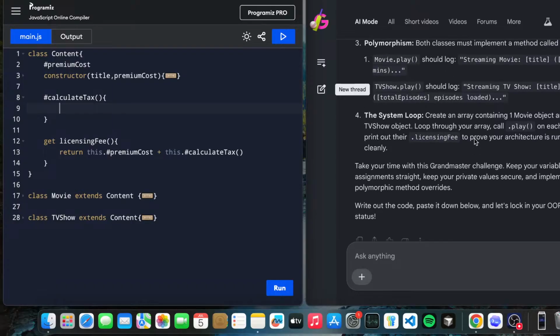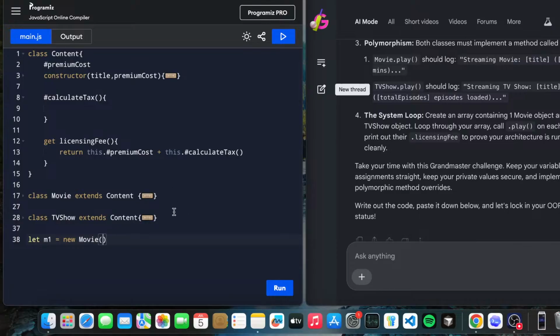Let's just see. For the play movie, create an array containing, let's first follow this. Let m1 equals new Movie.